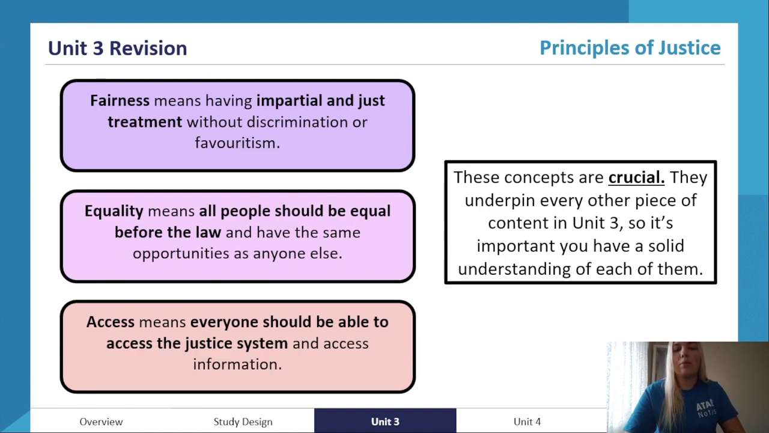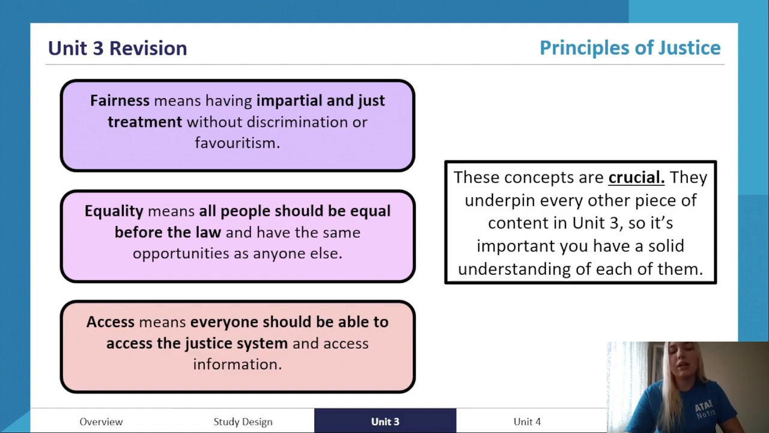So fairness is all about being impartial, having just treatment within the courts without any discrimination or favoritism, and everyone is treated the same way in an unbiased manner despite personal characteristics. And equality suggests that all people should be completely equal before the law and have the same opportunities as anyone else. Access means everyone should be able to